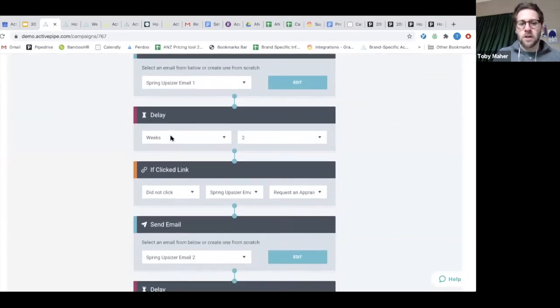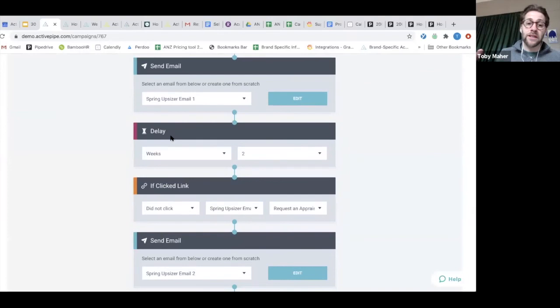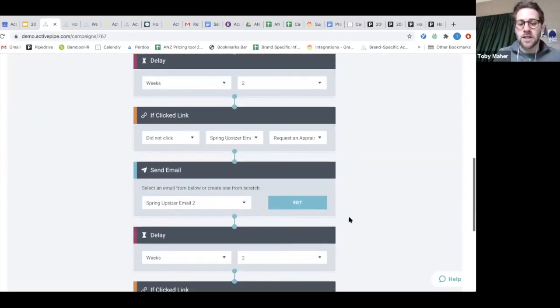Now, for this one, because spring is tomorrow, we don't want this journey to go on for too long. So what we've got here is a delay of 2 weeks. We don't need to bump it out to a month. We just want to converse with our upsizers within that 2-week period. So if within that 2-week period they did not request an appraisal, we're going to send them the follow-up email